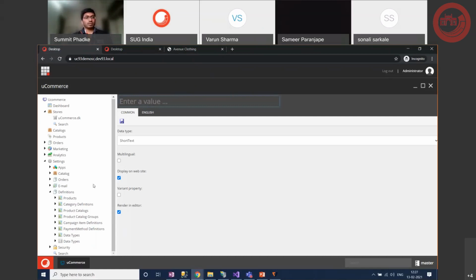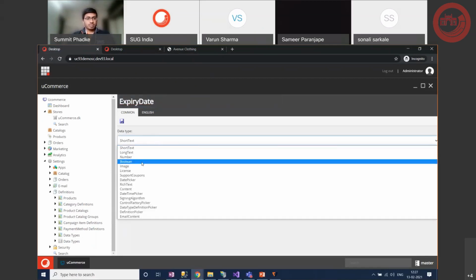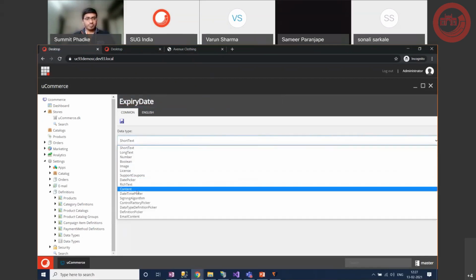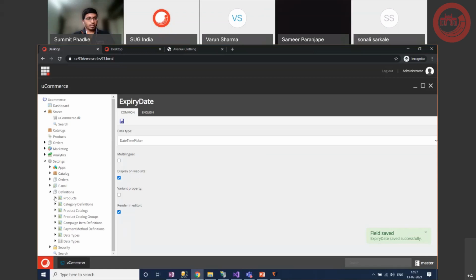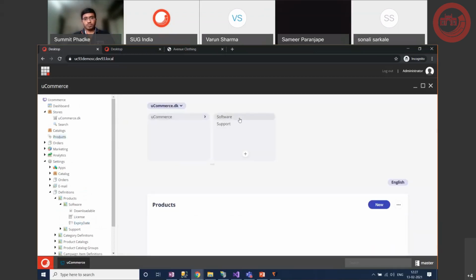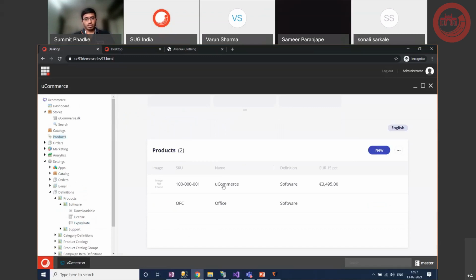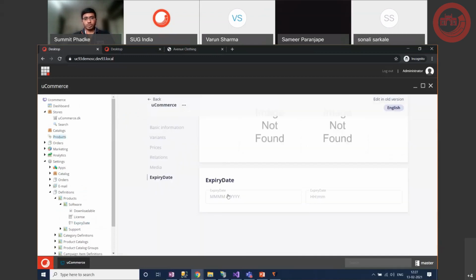Yeah. So okay, now if you see, we have this thing in here. This is basically the new definition, and I'm just going to add in here, since it's now loaded, expiry date. I'm going to change it to a date data type, just to show. Okay, yeah, so this particular product, software, now has this new attribute. So now if I go to the product itself, software, if I click on any of the products, you will see this expiry date popped in, right? So you can specify this and then use it as and when you need in your application.